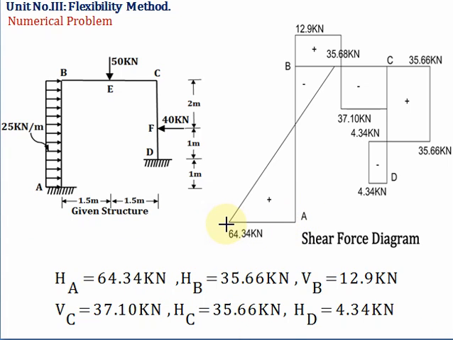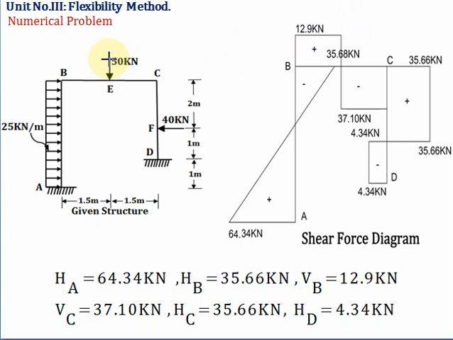So 64.34. Now the member AB is loaded by what? UDL, so 25 kilonewton meter into 4 length, 100. So 64.34 minus 100, the value we will get is 35.66. As it is a UDL, you have to join this by a straight line. Here the value is minus, so it is on the right side of B. Then the vertical reaction at B is what? 12.9, acting upward. Then in this portion of B there is no load, so we have to join by a horizontal line. Here the value is 12.9.